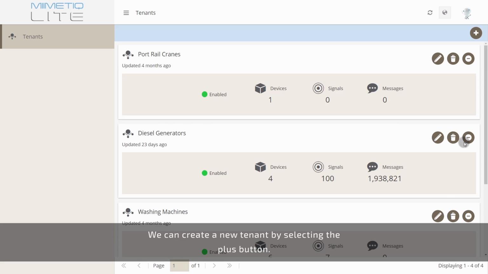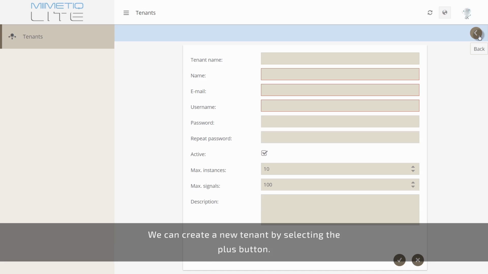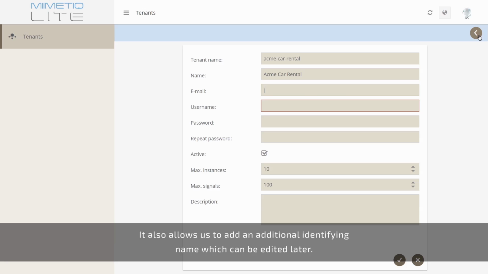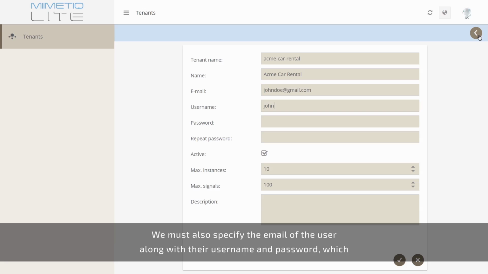We can create a new tenant by selecting the plus button. In this screen we must specify the name of the tenant, which cannot be modified later. It also allows us to add an additional identifying name which can be edited later. We must also specify the email of the user along with their username and password, which will be used later